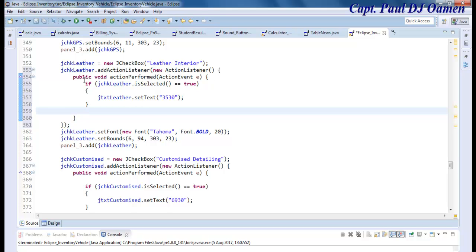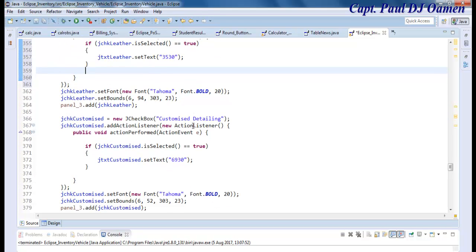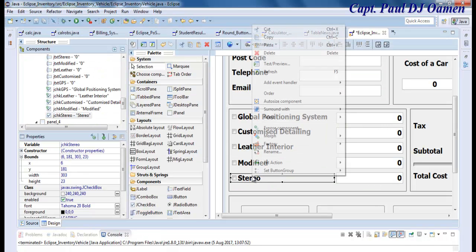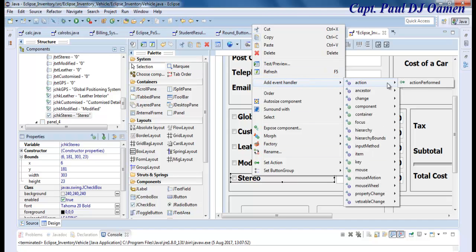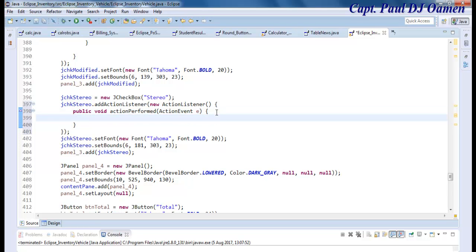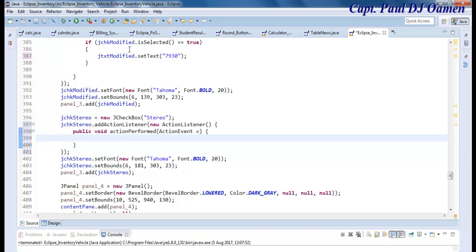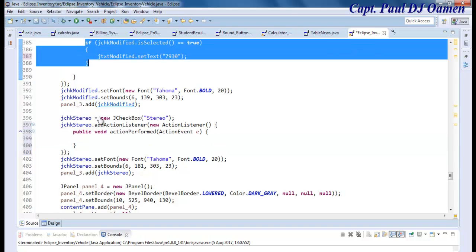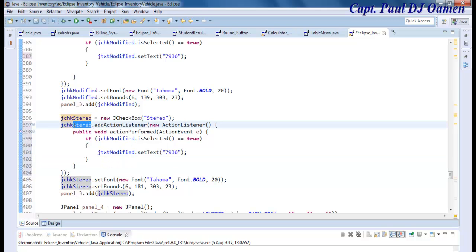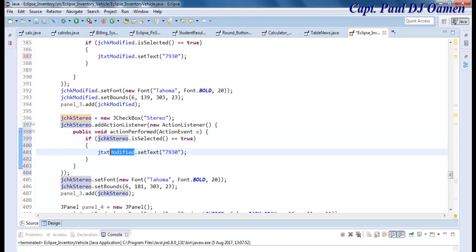And finally, we need the stereo. Is it the stereo? Let's see, here is the car stereo, action perform. Car stereo shouldn't be that expensive. Right, so stereo, copy and paste. So maybe let's go for 400 plus. Alright,